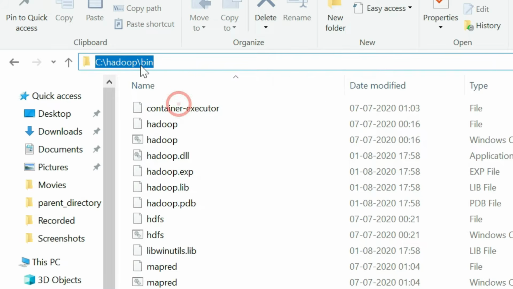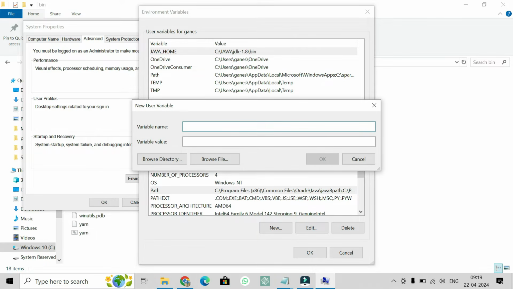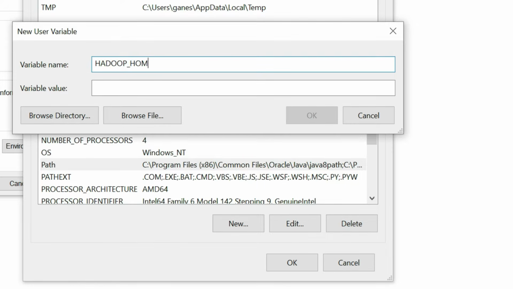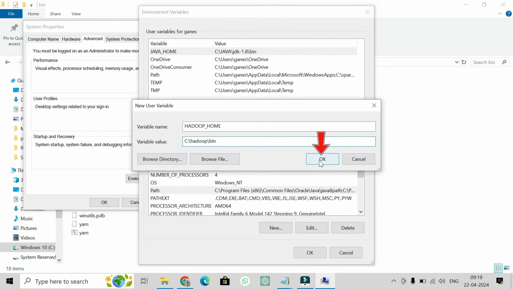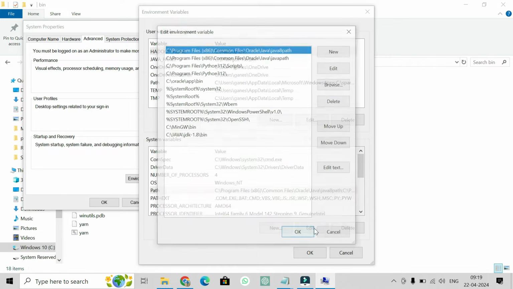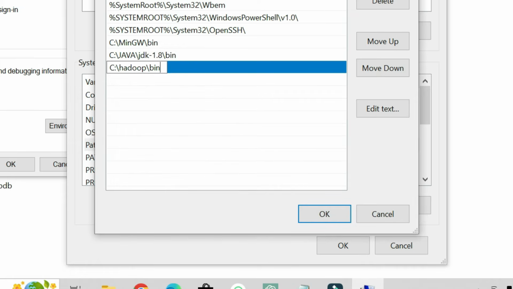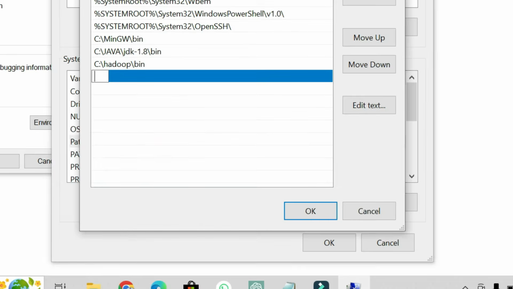Copy the path of the Hadoop bin carefully and again come to environment variables and in the user variables click on new and give the variable name as HADOOP_HOME. Carefully give the name in capital letters and paste the copied path. Okay, click on OK and come to the system variables, open the path and click on new, paste the same path here, press enter, then again click on new and paste the same path and